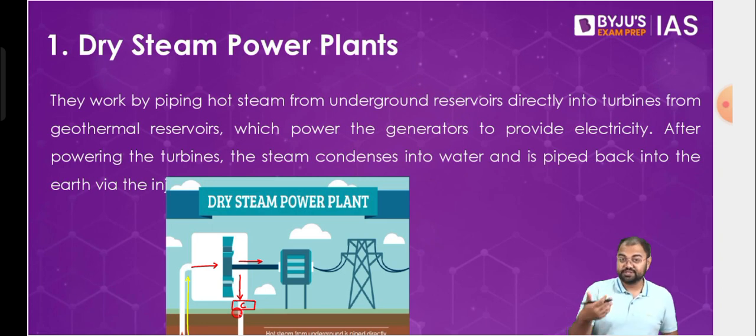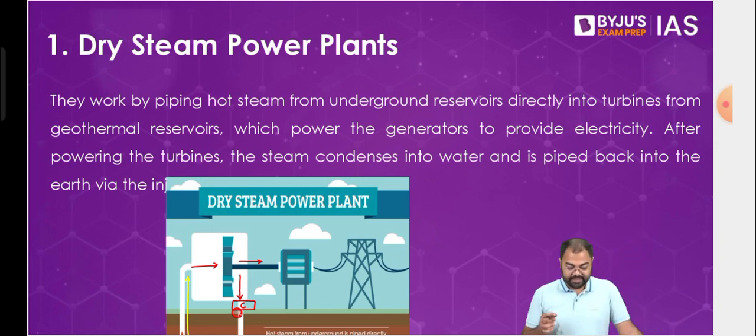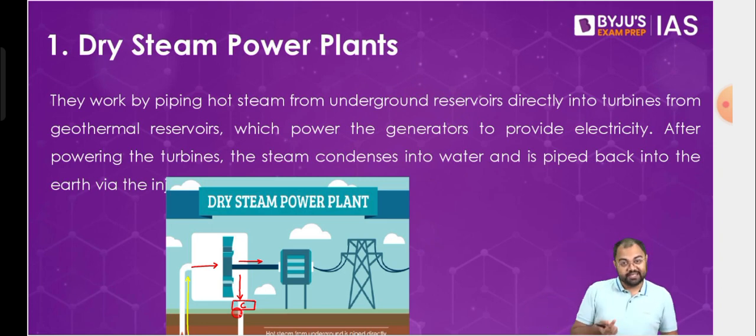Now at the reservoir, obviously the temperature is very high because it is the source of heat. So that's why the temperature here is very high, and hence this water again converts into steam, and then again as steam, it comes back to the turbine, rotates the turbine, and electricity generation happens. Then liquid water through the condenser again goes back to the reservoir, gets converted into steam, and this is a cycle